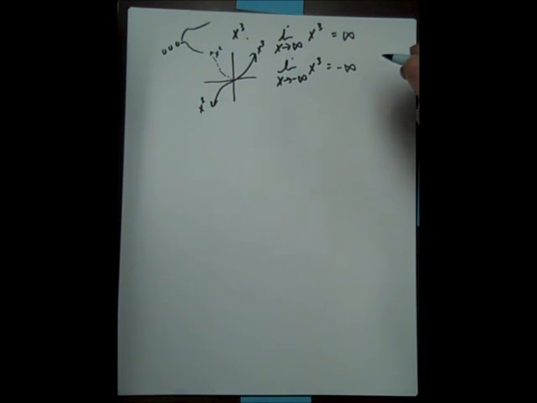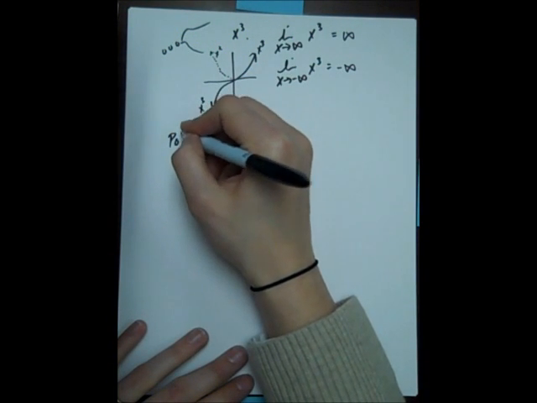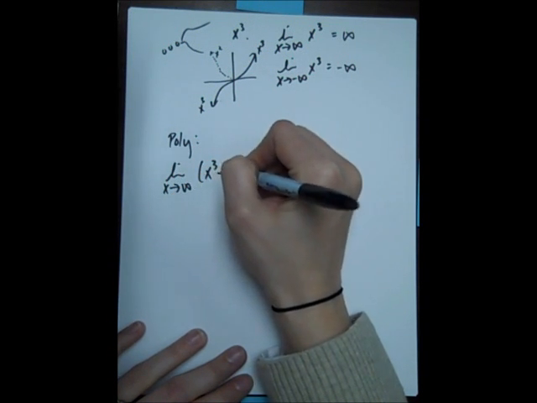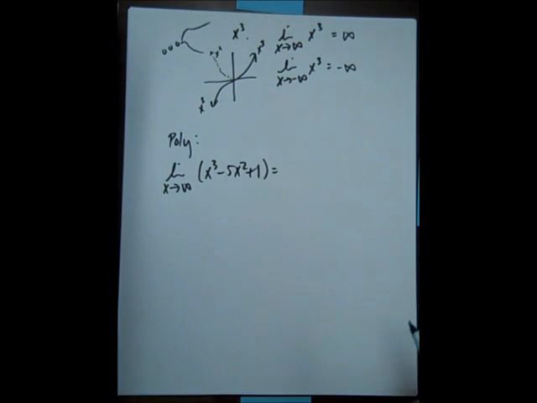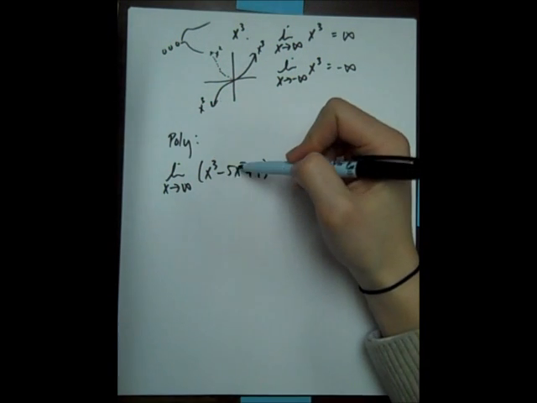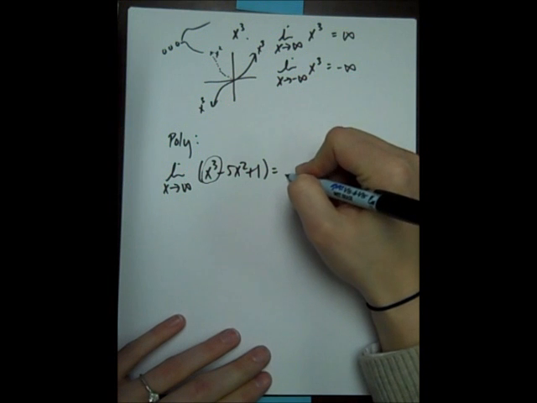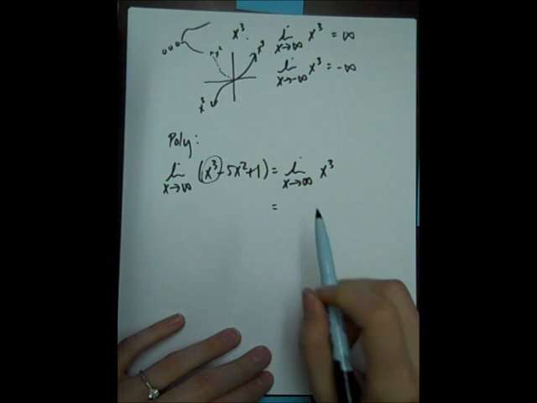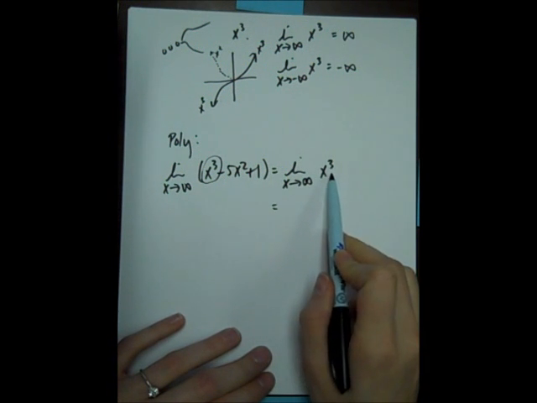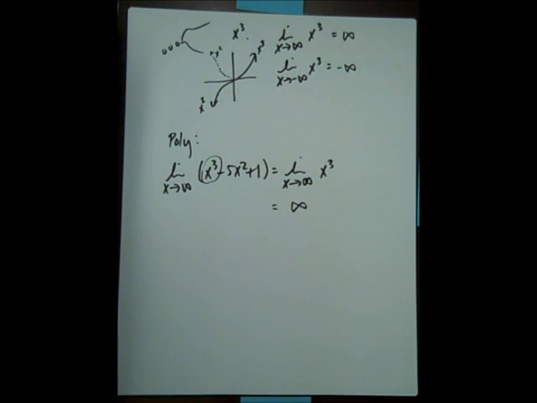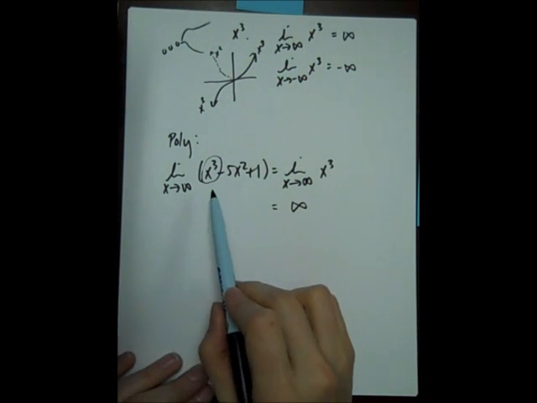Now, that's monomials. If we have a polynomial, let's say we're looking at the limit as x approaches infinity of x cubed minus 5x squared plus 1. Whenever you have a polynomial like this, the behavior toward the end is just going to behave like the leading term, whatever my highest powered term is. So what's the limit as x approaches infinity of x cubed? Well, this is just infinity. It's not anything weird. So whenever I have a polynomial, the behavior at infinity, and again this is only at infinity, behaves just like the